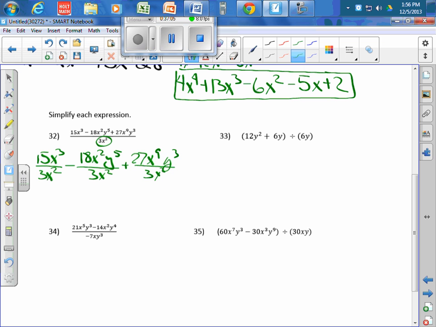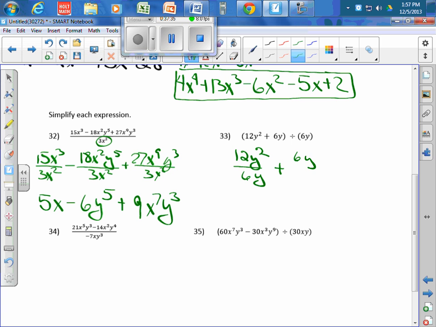15 divided by 3, 5. X to the third over x squared is x, minus 18 over 3, 6. The x squareds cancel, you have y to the fifth, plus 27 divided by 3, 9. X to the ninth over x to the second is x to the seventh, and then y to the third, and you're done. In number 12, we're going to take each of these, 12y squared, and divide it by 6y,